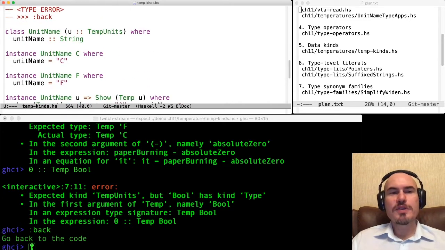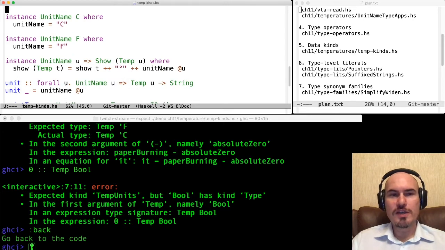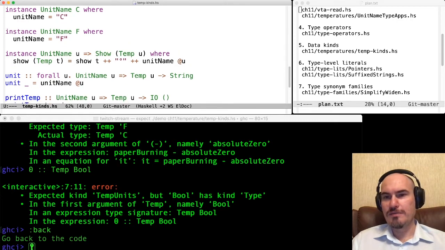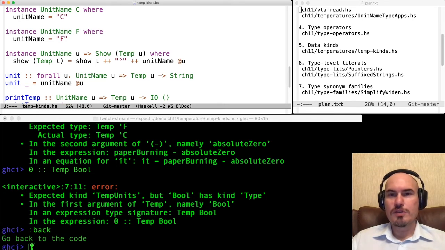And of course, with data kinds, we can implement the same type class, the same type instances, the same show instance. And as we saw, it works and everything is just fine. All right. So with the data kinds extension, we've got this ability to promote types to kinds, data constructors to type constructors.